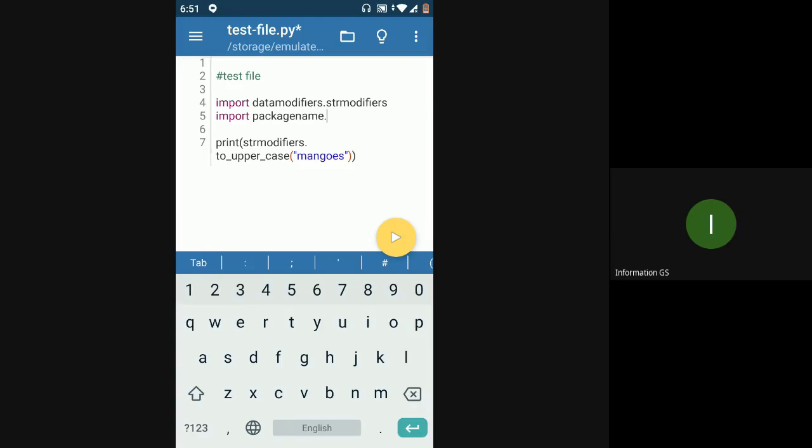But in this case, wherever you are using any function of the module, like two uppercase, which is a function present in the str modifiers module, at every point where you are referring to the module, you have to add the package name along with it.